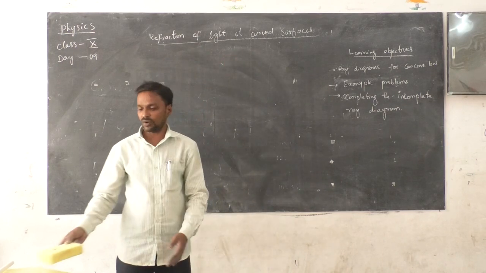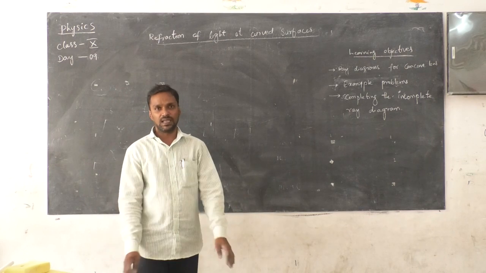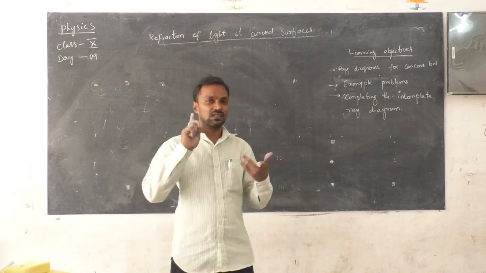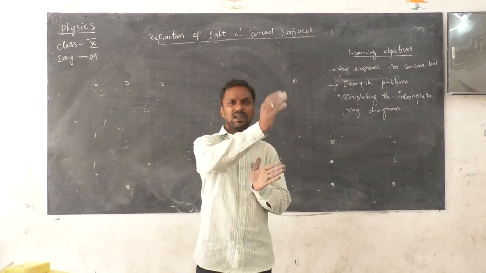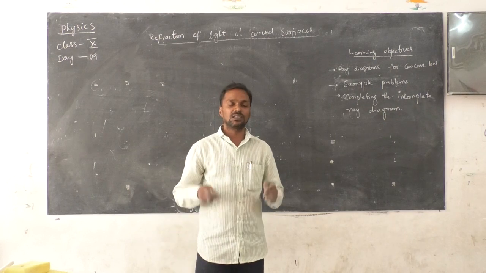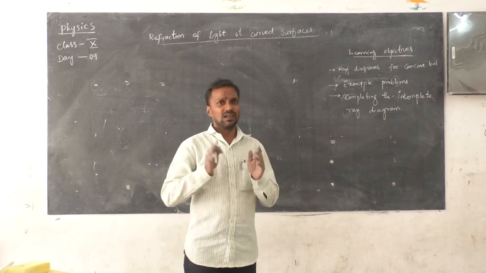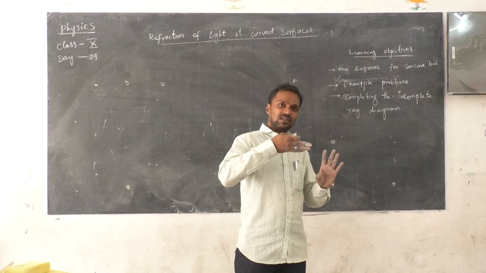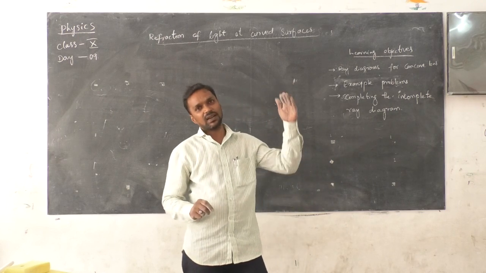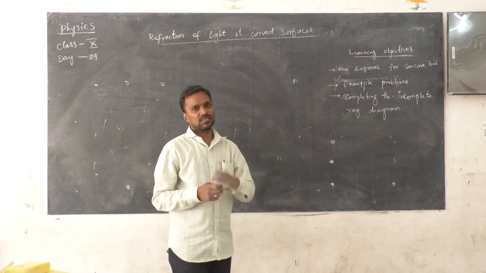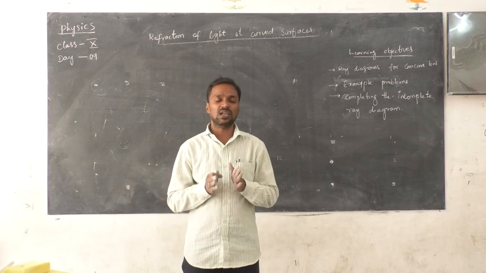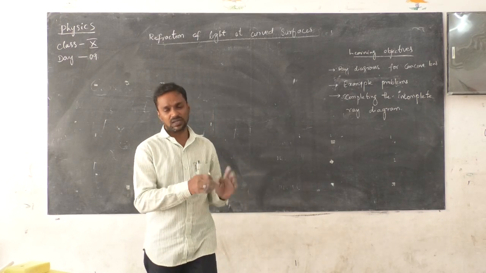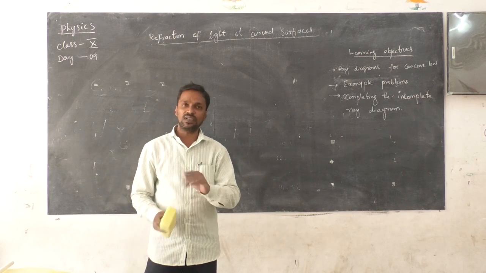So now I am drawing a ray diagram when the object is placed beyond C. So what are the situations? First situation is the light ray passing along the principal axis will not deviate. Second situation is the light ray passing through the optic center will not be deviated. Third situation is when the light ray is traveling parallel to the principal axis, it refracts and passes through the focus. And the fourth one is the rays which are coming from the focus will pass parallel to the principal axis. So those are the four cases.